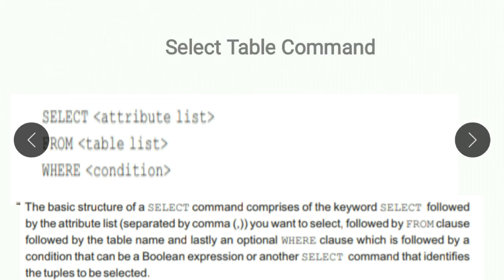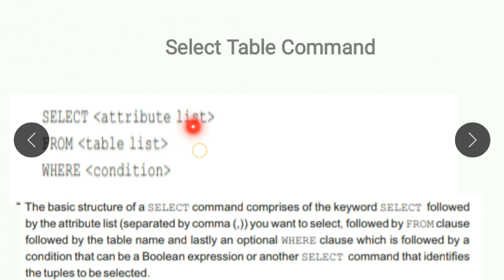Then there is the select table command. If you want to select any of the attributes, how will you do that? Select attribute list: if there is a teacher table, in the attribute list you will define all the names of the attributes, from table list, where you will apply the condition. So the basic structure of the select command comprises the keyword select, followed by the attribute list.